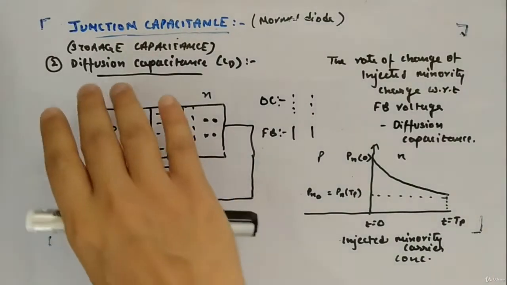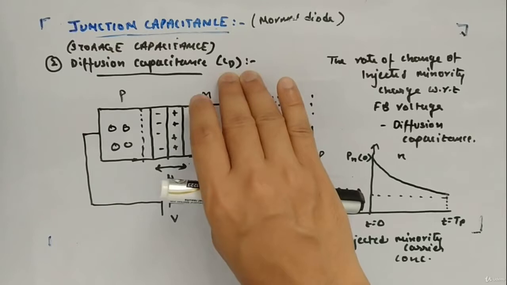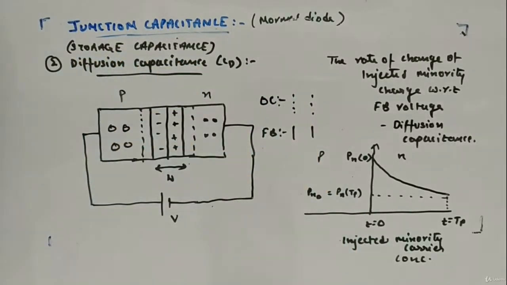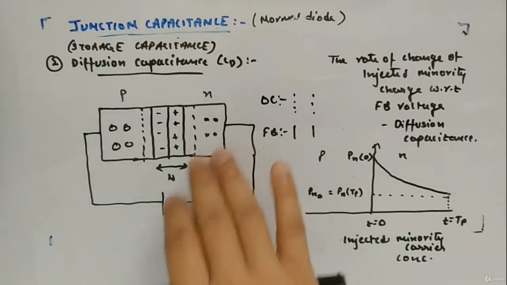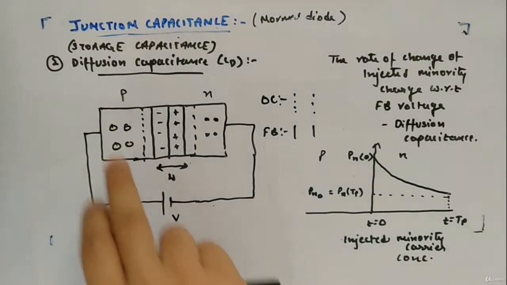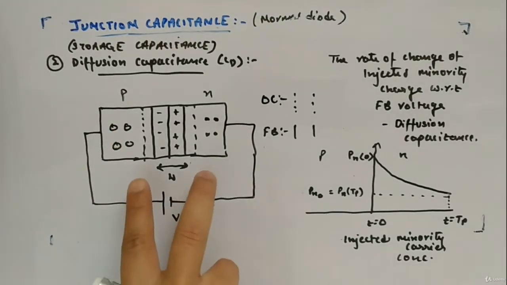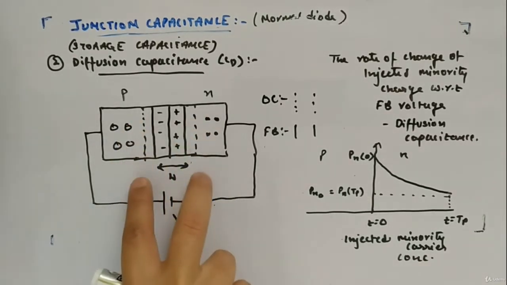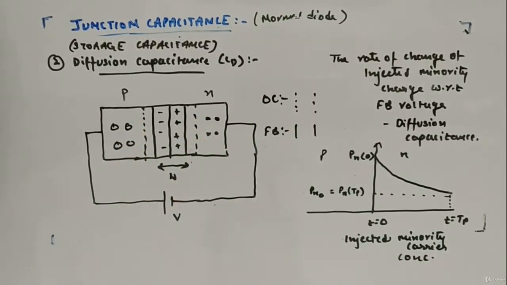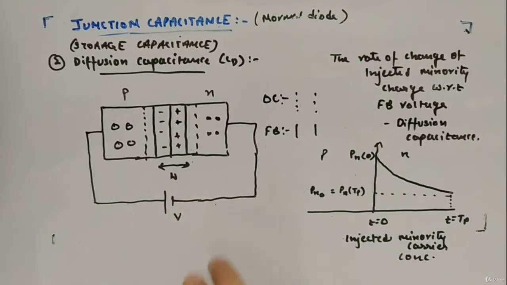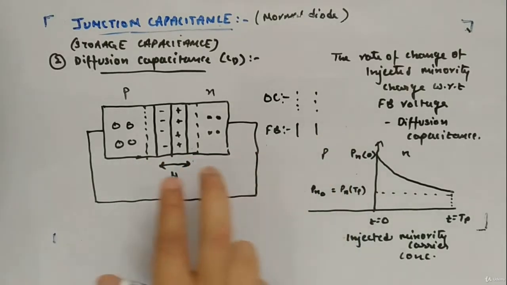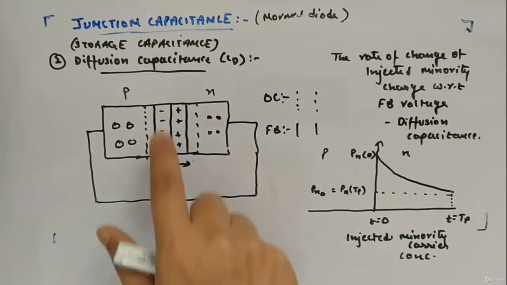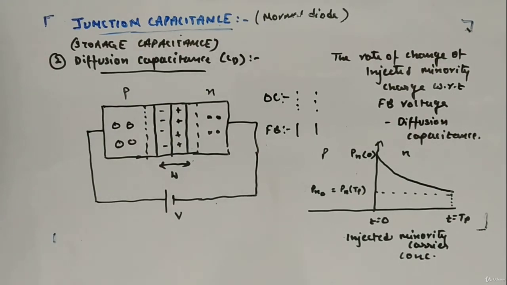Okay, so let's look now at diffusion capacitance, which is represented by CD. This is also called storage capacitance. This works with forward biased voltage. So you have a PN junction, there are holes, there are electrons, P is connected to P, N is connected to N, and the dotted width was the width when it was open circuit, when there was no biasing applied. When forward bias is applied, the width becomes the solid line. So this is the width now, and it consists of immobile ions, negative and positive.